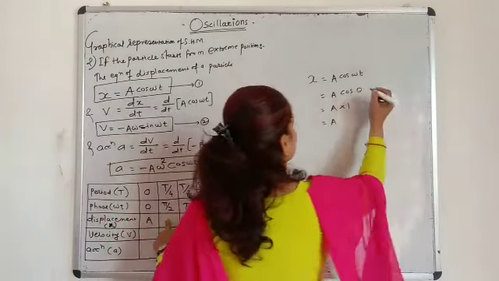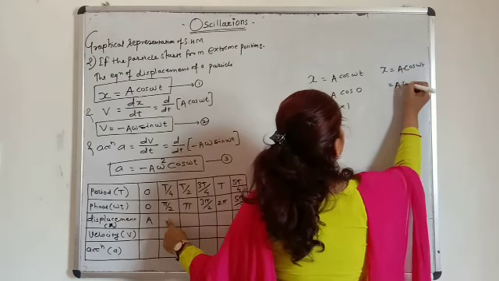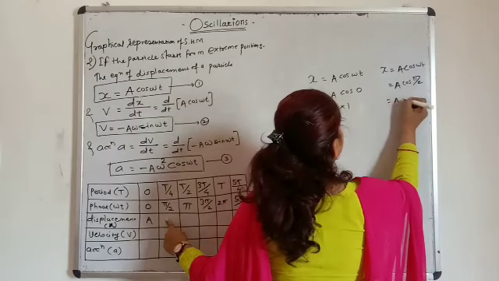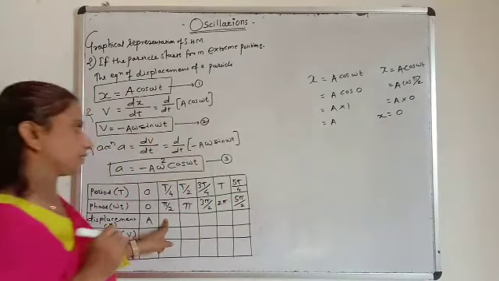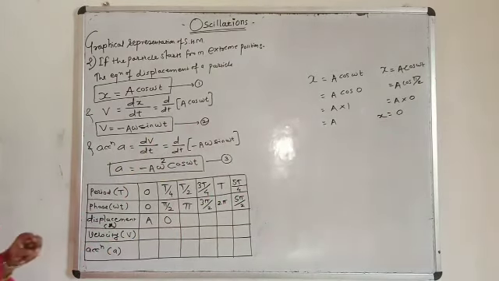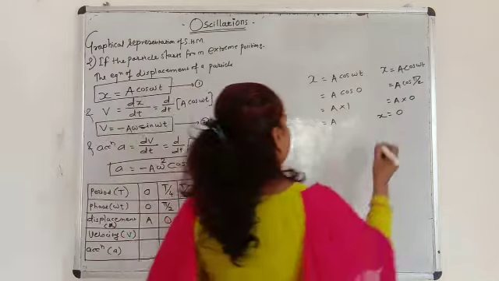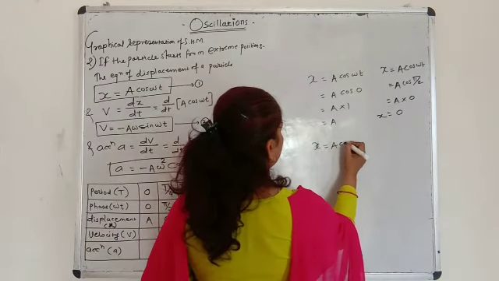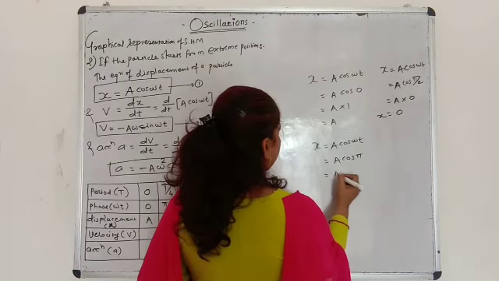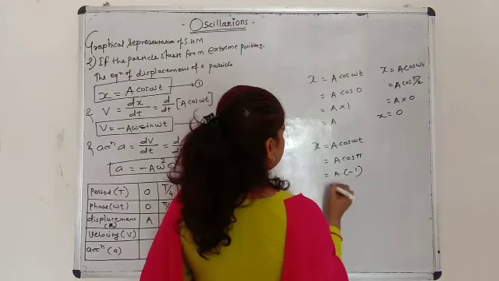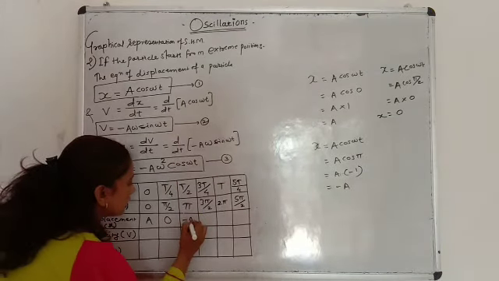Then pi by 2. Cos of pi by 2, x equals to a cos omega t. So a cos of pi by 2, a into cos of pi by 2 is 0. So displacement x becomes 0. A into 0, it becomes 0 here. Okay. Now the phase is pi. So here cos pi. Cos pi is minus 1 here. A cos omega t. So here a cos pi. A cos pi becomes minus 1 here. So this becomes minus 1 into a, becomes minus a here. So we put here minus a.